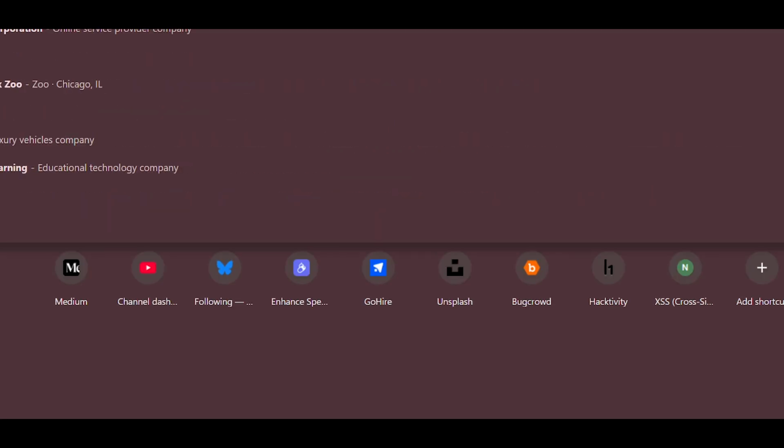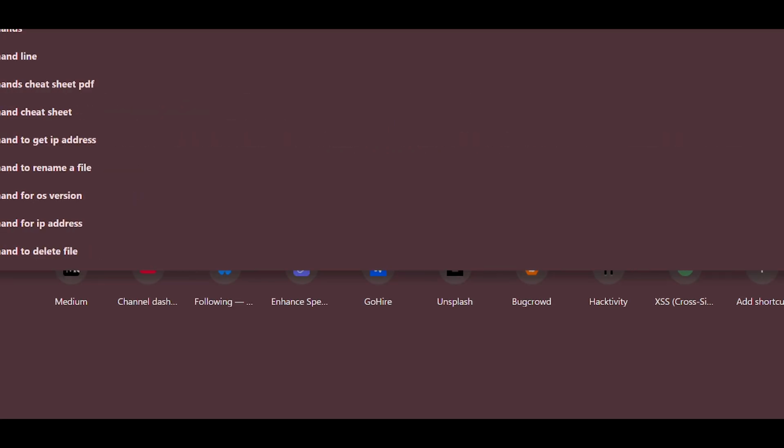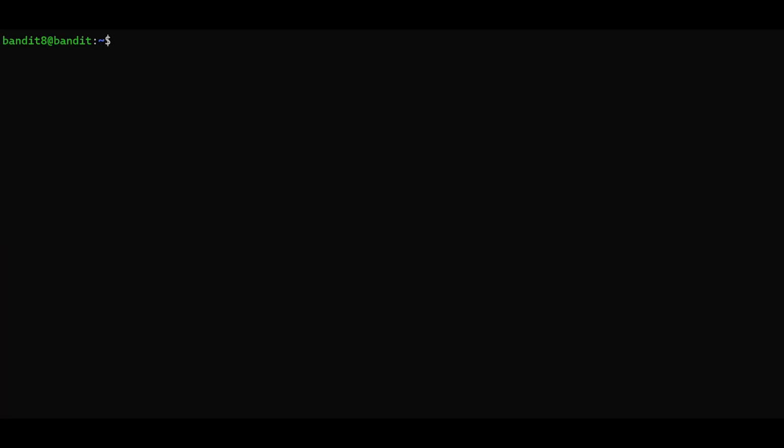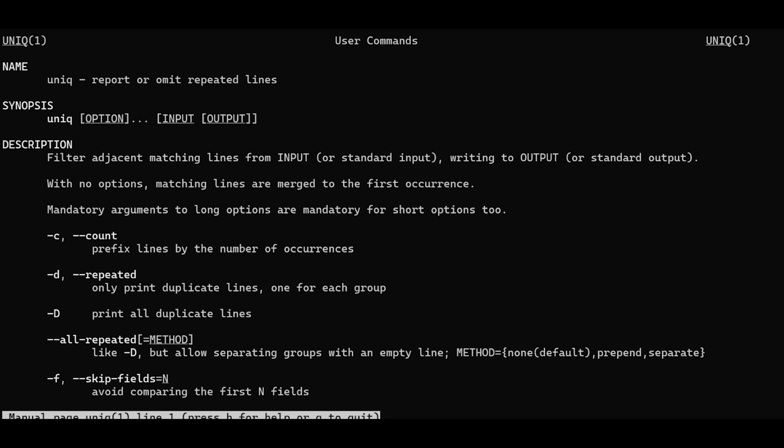So I like to go to Google, and you can't see what I'm typing because of my window. So we're going to go to the manual page for uniq. You can also Google stuff. But uniq basically takes the input and writes it to output.